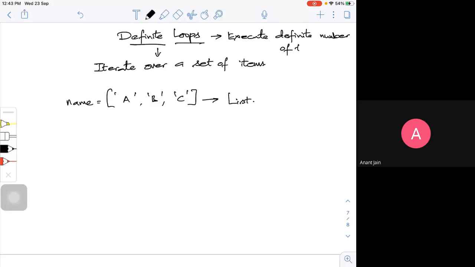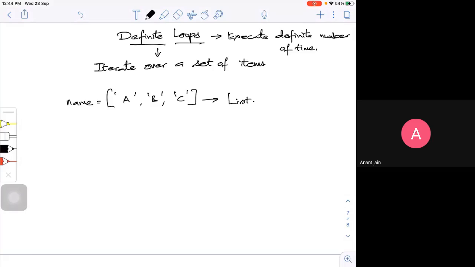Say if I write 1 to 10 in steps of 1, it will go 1, 2, 3, 4, up to 10. So I am definitely sure that this loop is executed only 10 times. But that was not the case with the while loop, where I used to check for a condition. Here I am very sure that for the values I am going to define, this loop will execute a definite number of times. And these definite loops iterate through the memory. Whatever I define in that particular set or string, it will keep doing that. For every item, it's going to check and it will execute.